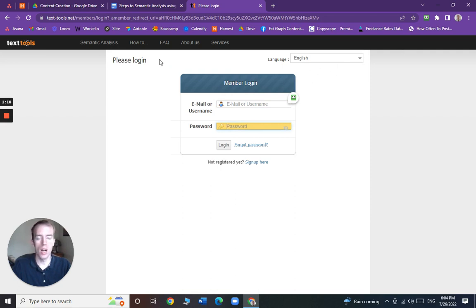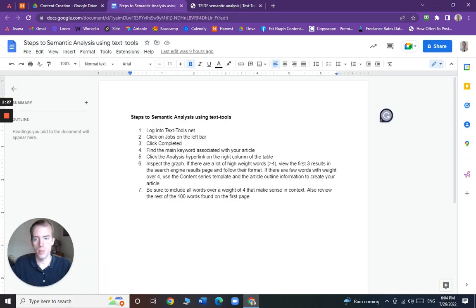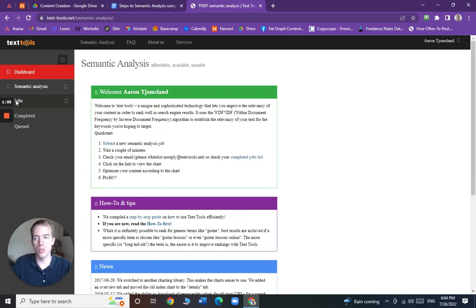So I'll go ahead and log in, so we're all on the same account. We log in, then we click on Jobs on the left bar, and then click Completed. So Jobs, and then I wonder if there's no way to move it. Okay, so this is just stuck here, but you can see Jobs, and you can see I've clicked on it,